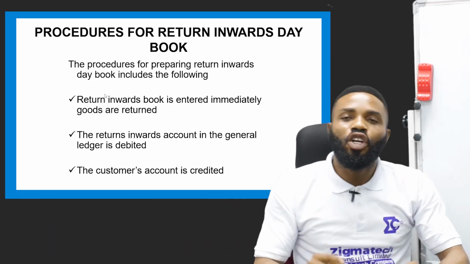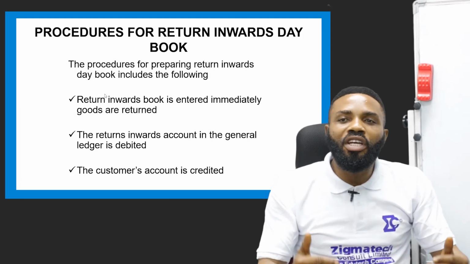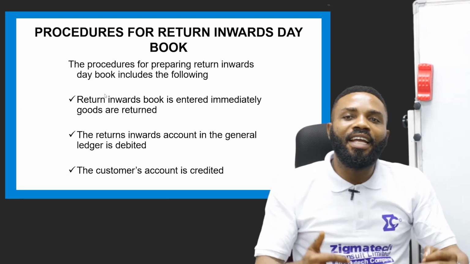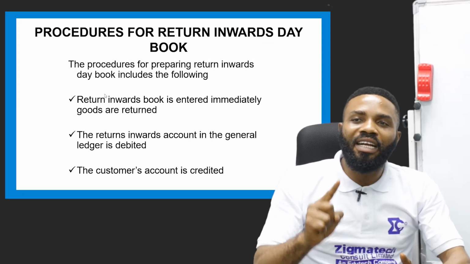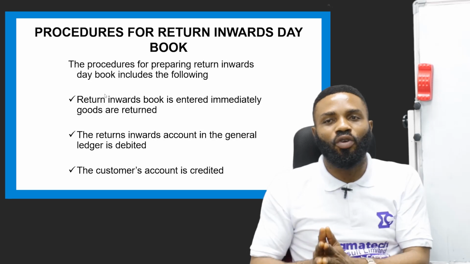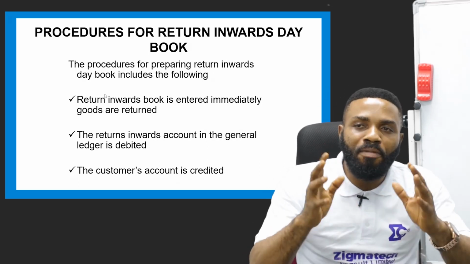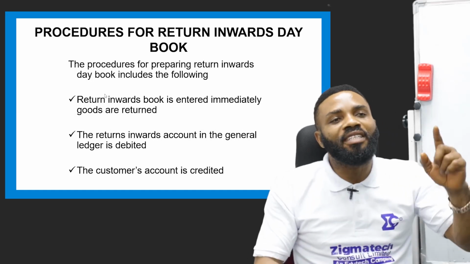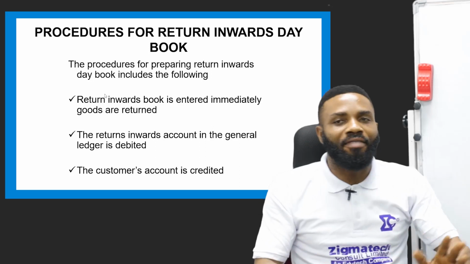So there is need to write it immediately the goods are returned. The second thing is that the return invoice account in the general ledger is what? Debited. Anytime the concept of debit and credit comes to play in a transaction, students are advised to memorize our double entry principle, which states that for every debit entry, there must be a corresponding credit entry and vice versa,